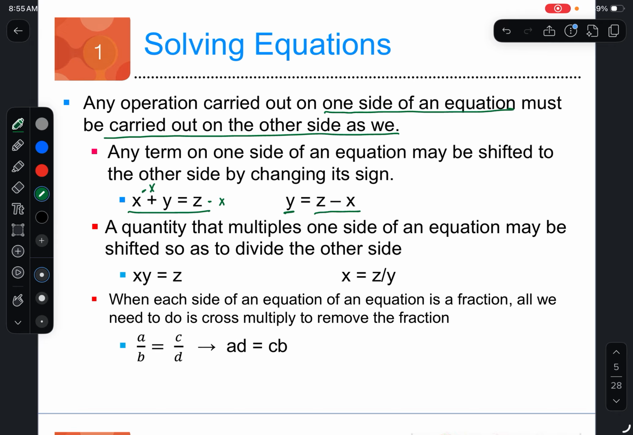Now, if we have a quantity that is multiplied on one side, the way we shift it to the other side is by division. In this case, you're asked to solve for x, but we see it's x times y equals z. We need to get x by itself. In order to do that, we're going to divide the left by y, and the right by y, which will give us a final answer of x equals, I